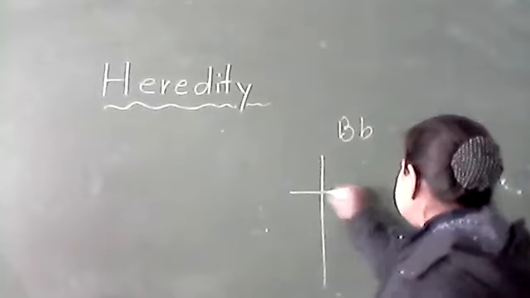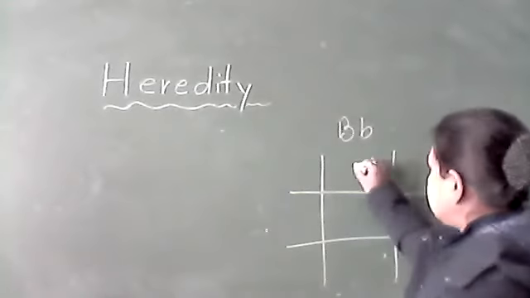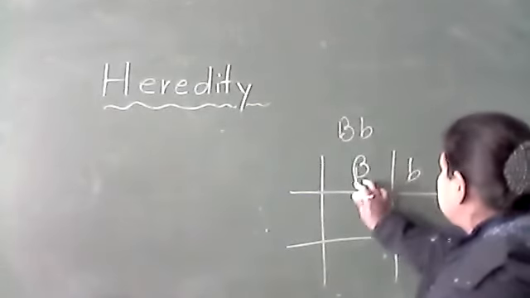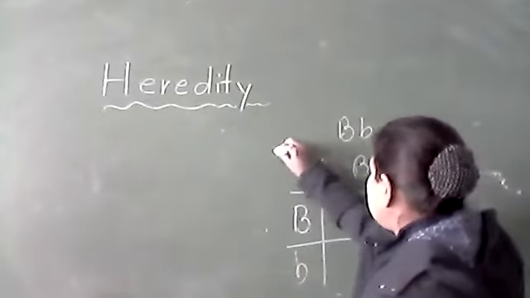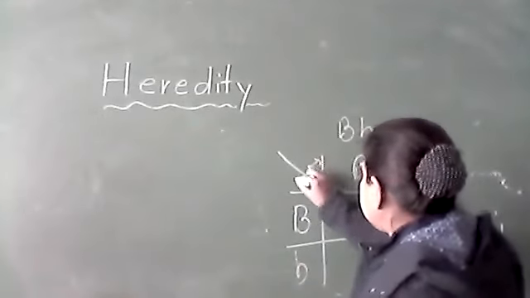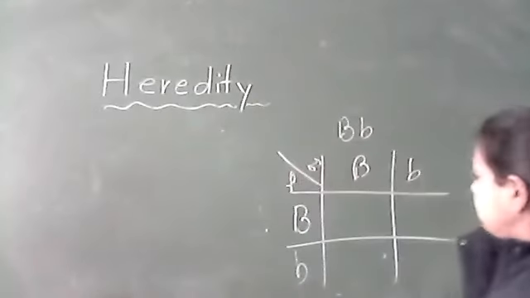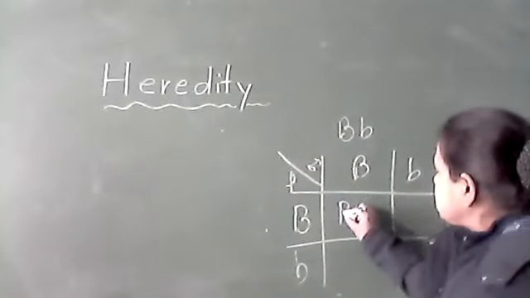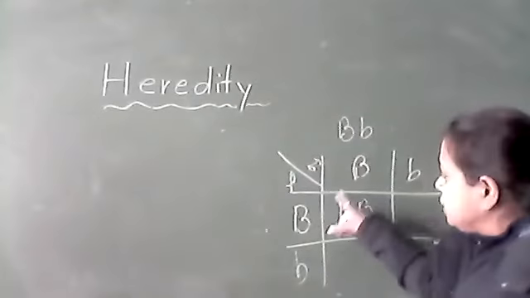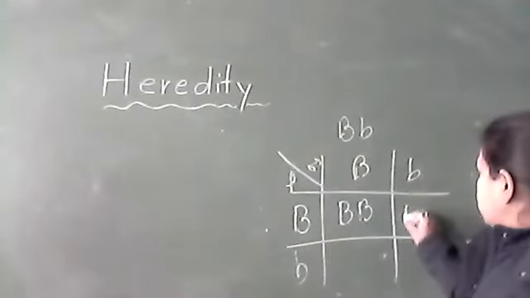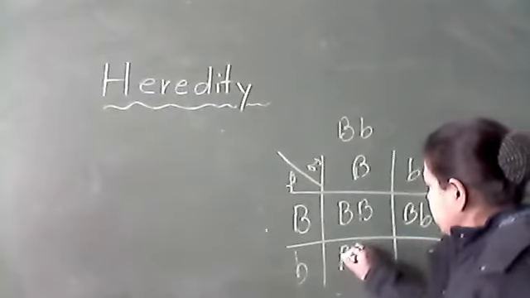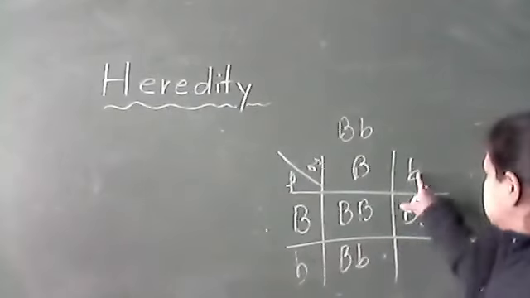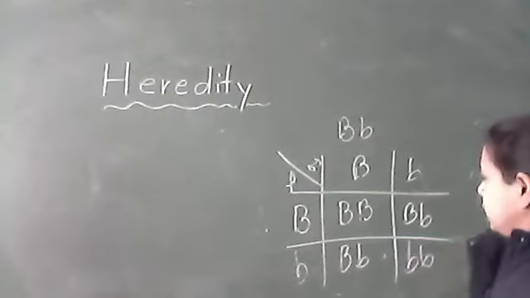Let us write it like this. We are going to make it like this. See, and crossing is done. Here we are representing it. Here, say male, and this one is female. Then how are we going to get? In the first one we are going to get capital B. Here we are going to get this one. Next one, these two. Again this one. See how we are going to get.